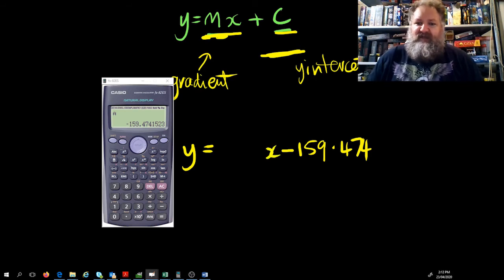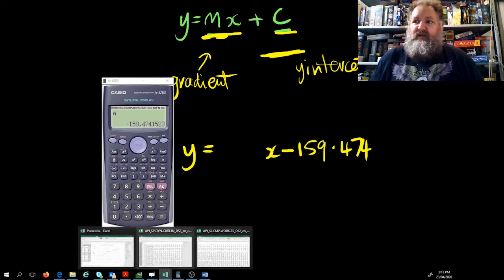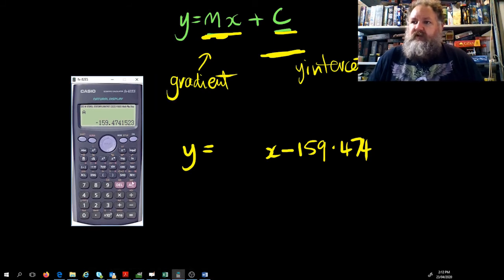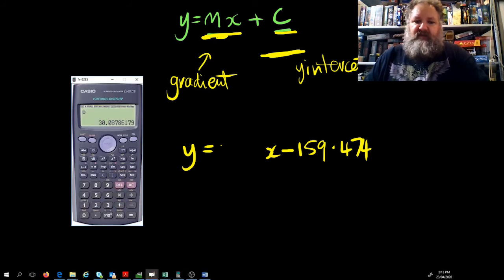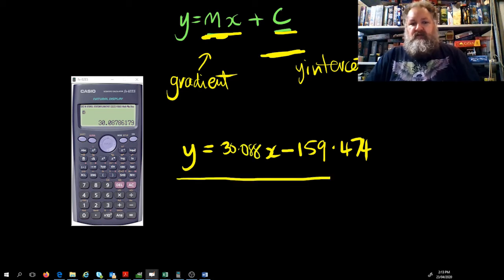All right, so let's go back to our x. Oh, actually, we don't need it. We've got our calculator here. All right, so we'll clear that. Let's find B. Shift 1, and we want regression, and we want B, and it will be 30. Oh, whoops, I hit the wrong button. Let me get that back. It will be 30.1, 30.088. And there we have our linear equation for our line of best fit for our scatter plot, for this